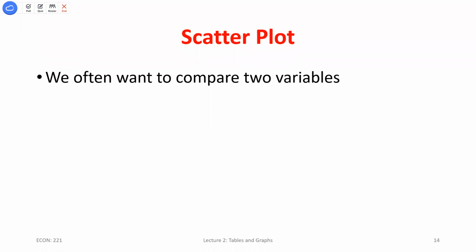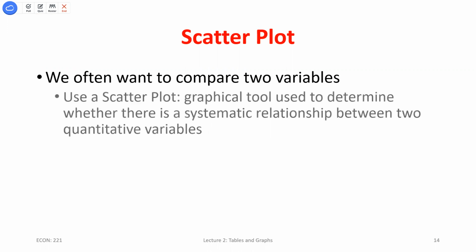So the kind of visual that we'll look at for that is a scatter plot, and we'll reference this almost in the last couple of weeks of the class. We'll come back to this, but for now, we'll start out with the idea. If I have two variables, I might be interested in, okay, as one of these variables increases, what's happening to the other variable, right? So we'll use a scatter plot to get at this.